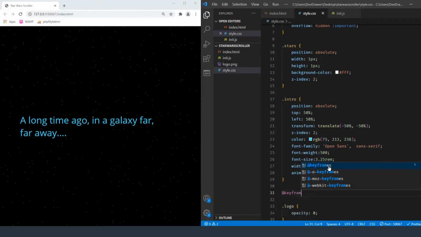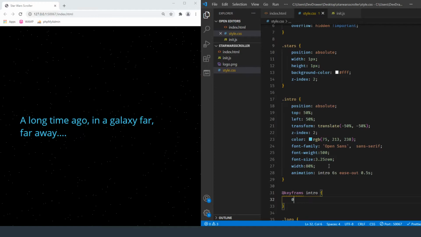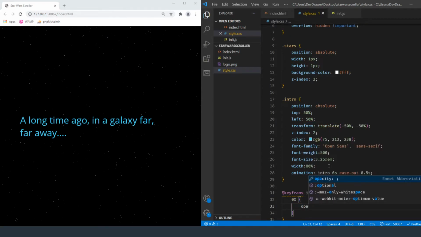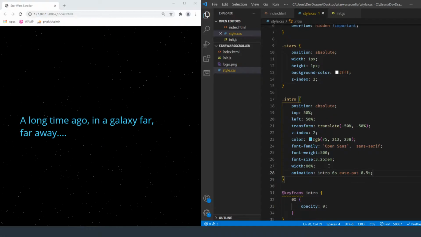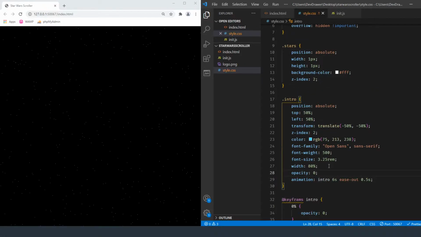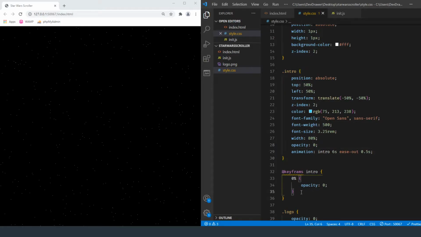So we're going to do keyframes intro, and then at the 0% position we are going to make the opacity 0, which reminds me up here we need to also have opacity 0 so it doesn't flicker whenever it first loads. We've got opacity of 0 there, and I'm just going to copy this and change the percentages.